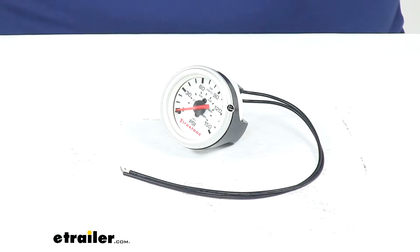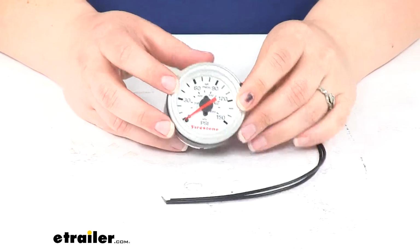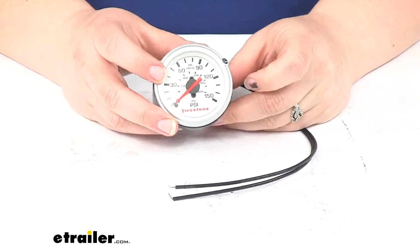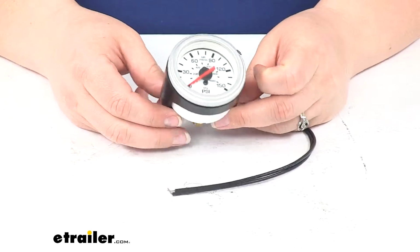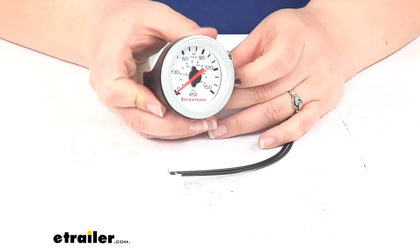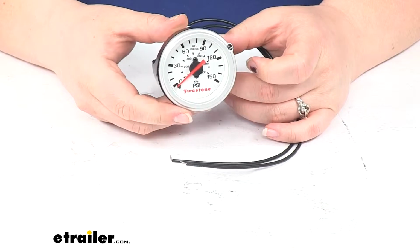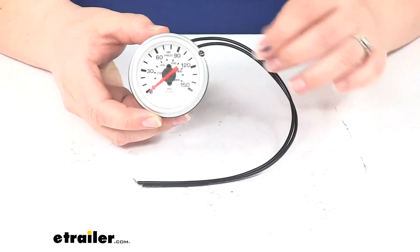Today we'll be taking a quick look at the Firestone single white gauge for the compressor from Firestone. This is going to be a replacement part for your gauge that came originally with your compressor system. It's going to have all the same features as that original gauge. We'll have that white face so we can clearly see our PSI there inside the cab, make any adjustments as